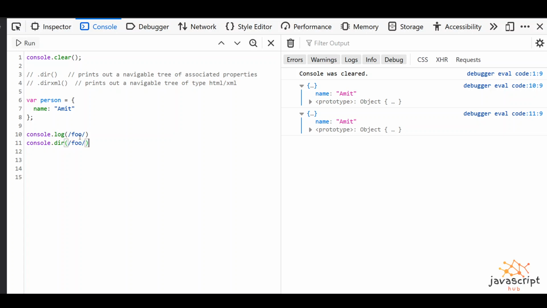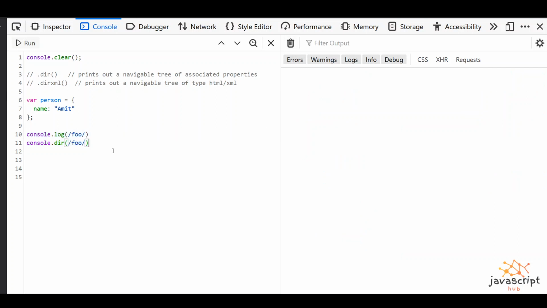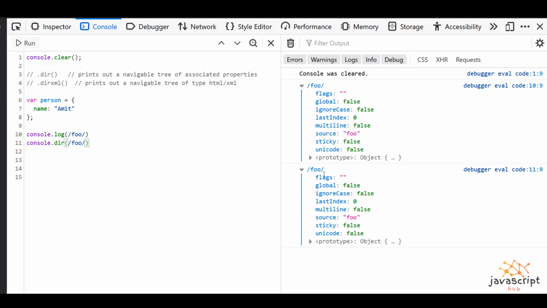So let me create a toString so that you can make out a difference between them. If I run it here, you can see foo and foo both are showing their properties, because this functionality depends on the browser. So if we see this in Chrome,